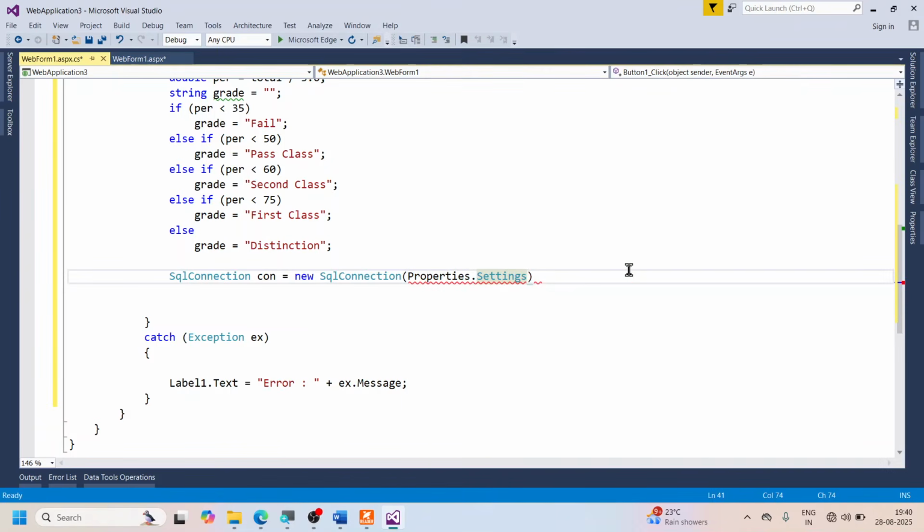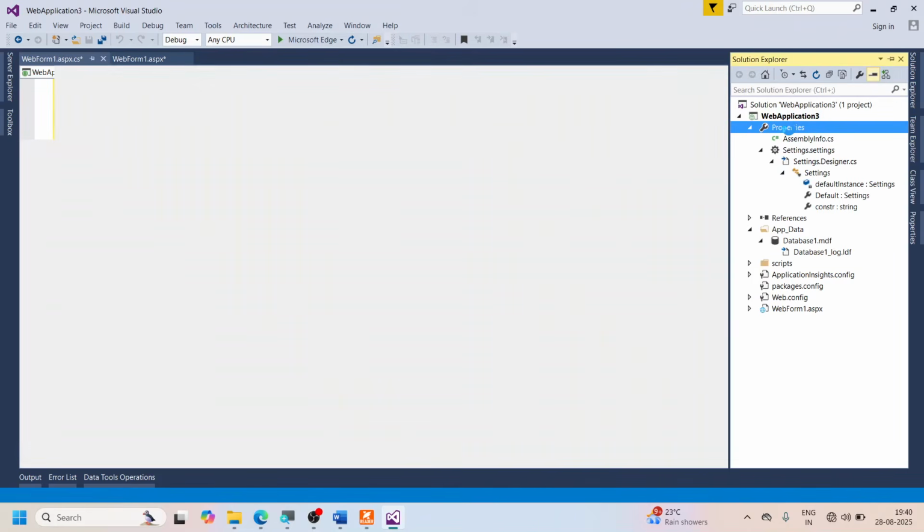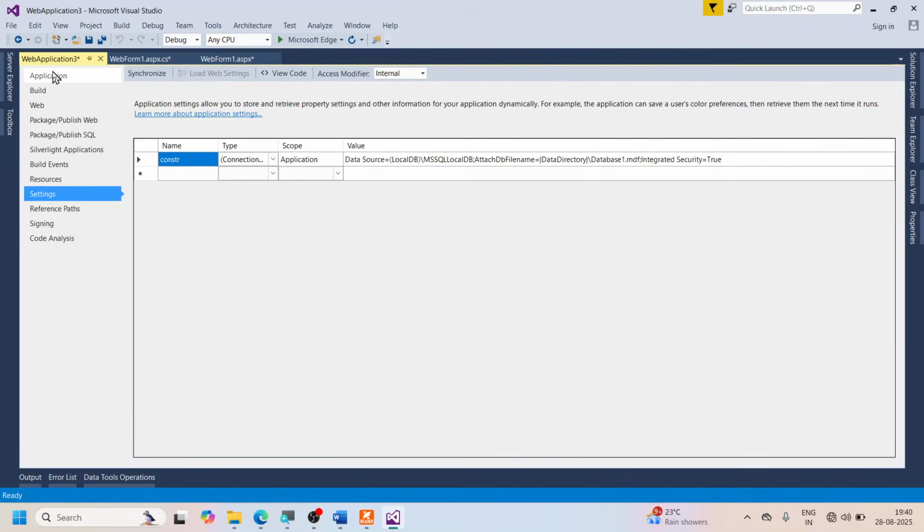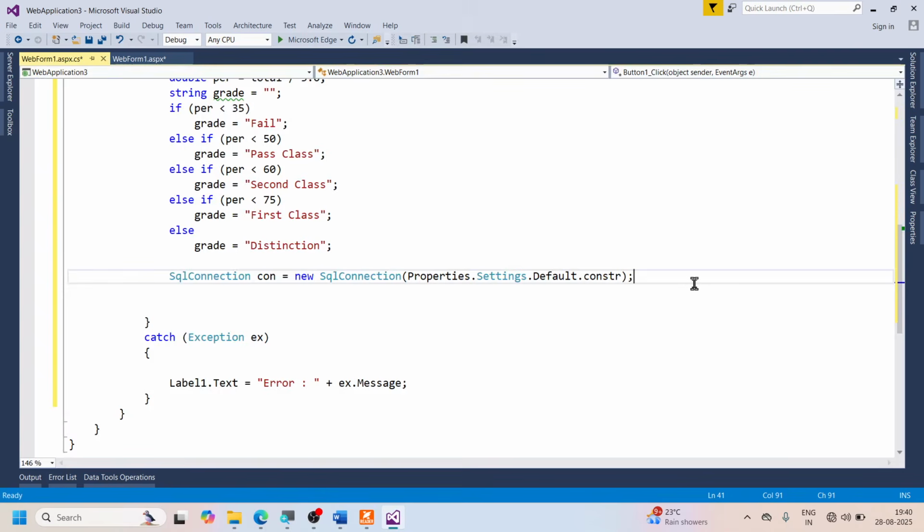Let's go to the setting. Then you are changing the default setting, and then you have the connection string there. CONSTR, connection string. Remember this connection string, just double click here. The connection string is there, inside the properties settings, with the name that you gave. Okay, done. So you got the connection there, and we need a